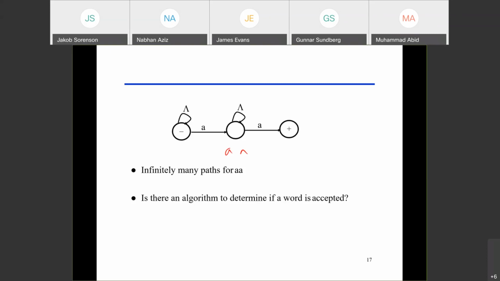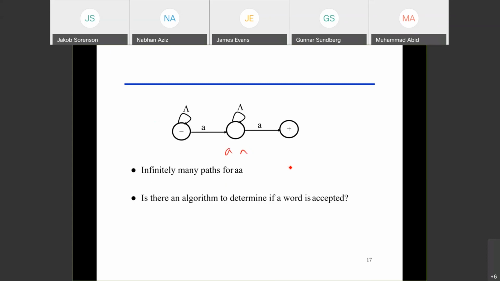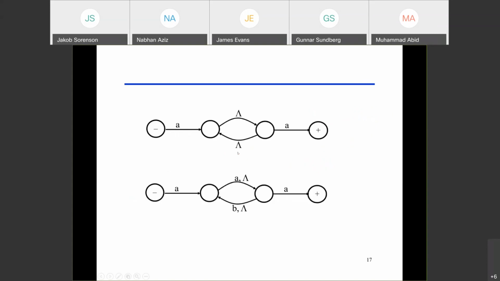So how many ways will you pass a? Yes, a will go this way, by two a's, or you can pass lambda a, or lambda a lambda a. So any way you can pass a word, and this word will be accepted. You just need two a's there, and you can use this lambda because it is a loop, so you can use it as many times as you want. Okay, look at this one. So a, as many lambdas here, or this a, or a lambda, b lambda, as many times, but you require a minimum of two a's to reach the final state.